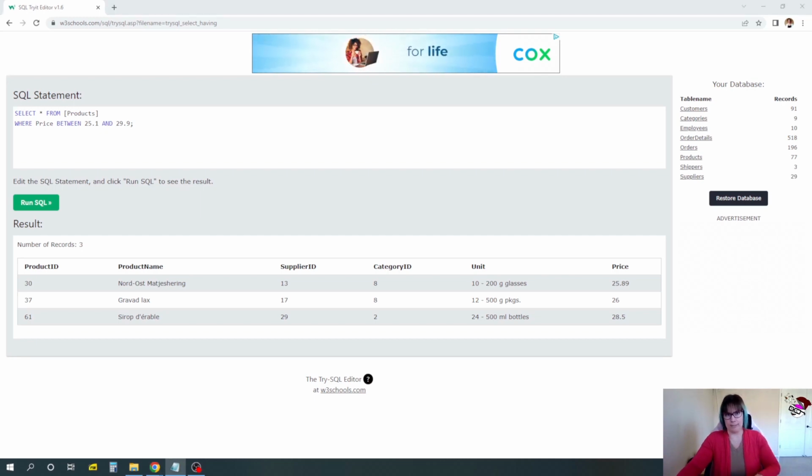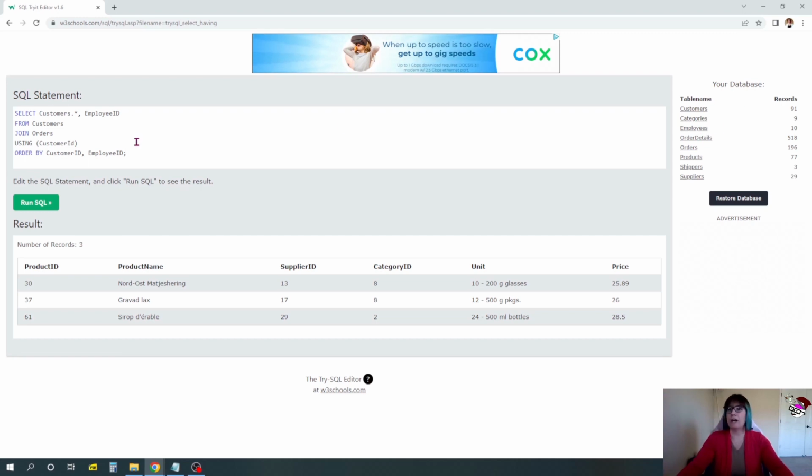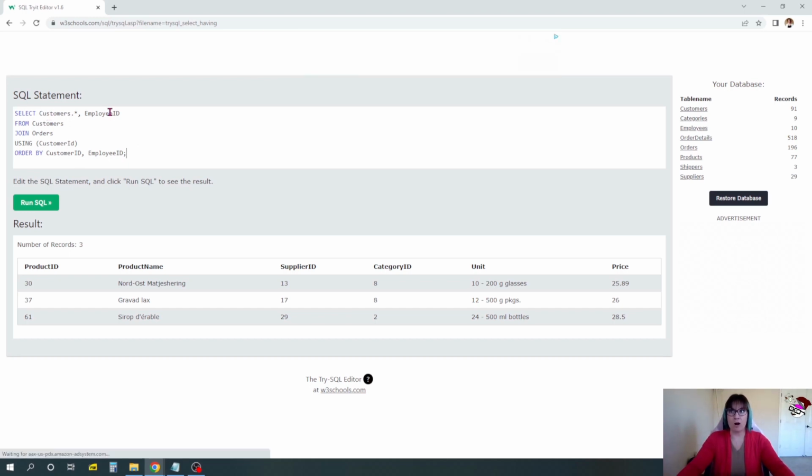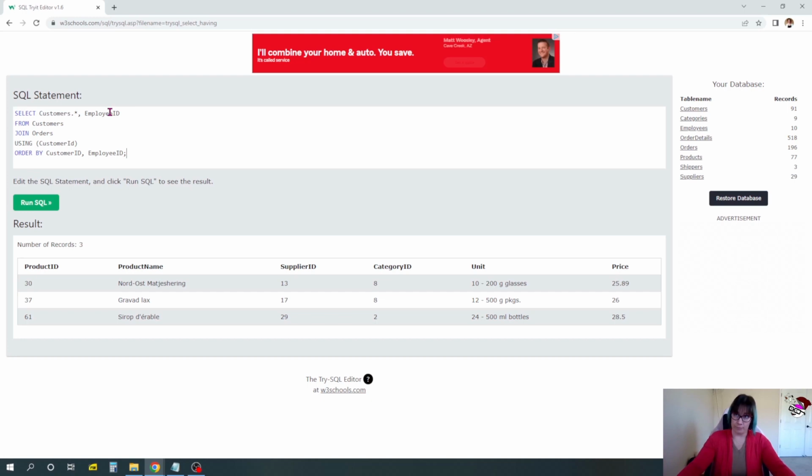Let's dig into this to see if that's correct. So here we have our customer table, and then we have our employee table. And what we want to do is find out what employees are selling to which customers. So we'll join that, the customer table and the order table using that customer ID. And then just for visual, order that by customer ID and employee ID. So if we run this,